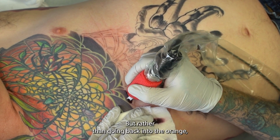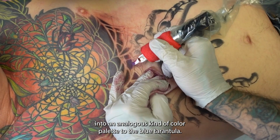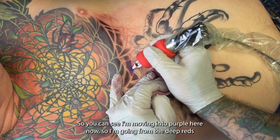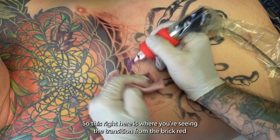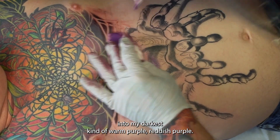But rather than going back into the orange, which I would have done if the spider had been small, I decided to transition into an analogous kind of color palette to the blue tarantula. So you can see I'm moving into purples here now. So I'm going from the deep reds to more of a magenta and then into a straight purple. So this right here is where you're seeing the transition from the brick red into my darkest kind of warm purple,